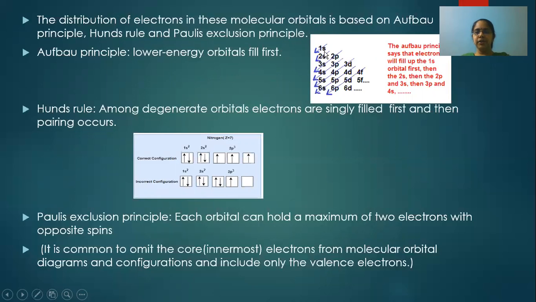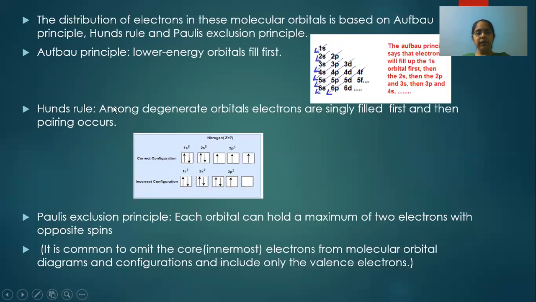Now this is the energy of the various atomic orbitals, which is called the Aufbau diagram, where 1s is lesser in energy than 2s, then 2p, 3s, 3p, 4s, 3d, 4p, and so on. So the electrons first enter into 1s, then 2s, then 2p, then 3s, 3p, 4s, 3d, 4p, and so on. According to the Aufbau principle, the lower energy molecular orbital is filled first. That means the sigma 1s orbital is filled first.